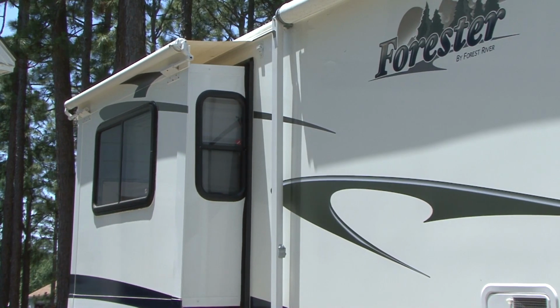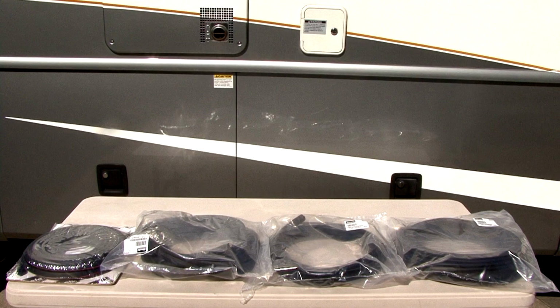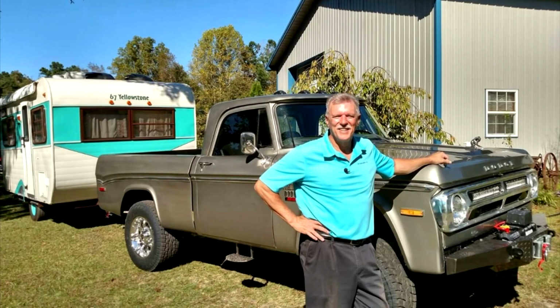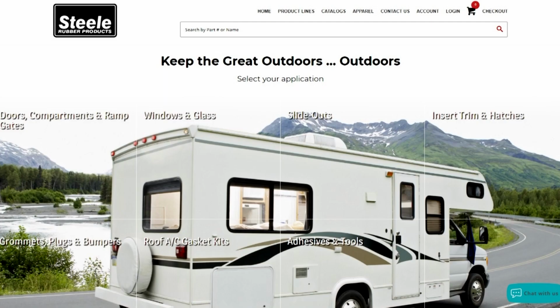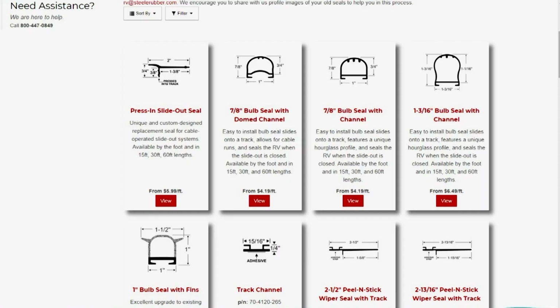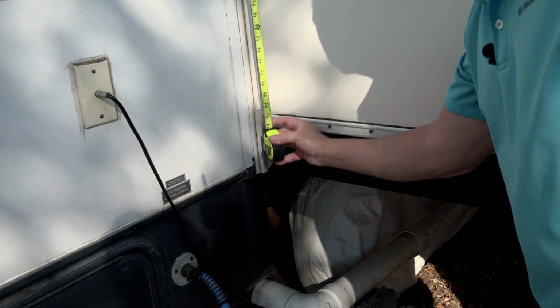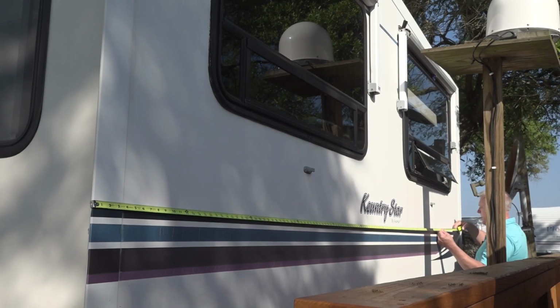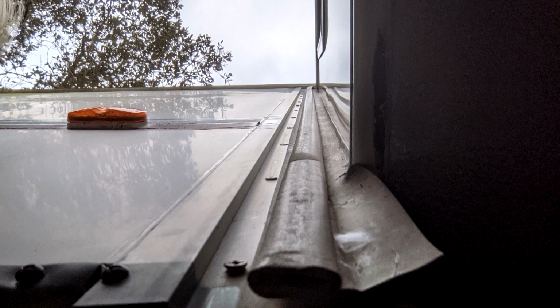There are lots of slide out manufacturers and slide out seals. Whenever I need a new weather strip seal, whether it's for a classic car I'm restoring or the RV, I go to Steel Rubber for the replacement seal. Their website is easy to navigate, and if you cannot find the correct seal, you can call customer service and they will assist you. When you order the seal, make sure your measurements are accurate so you don't come up short. We have our replacement weather strip seal from Steel Rubber, so the first step is to remove the old